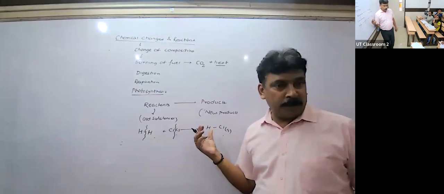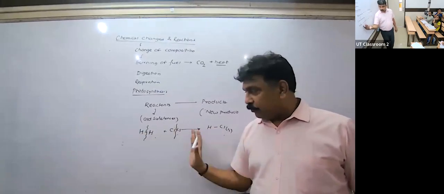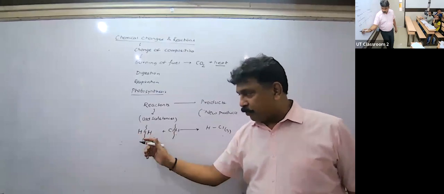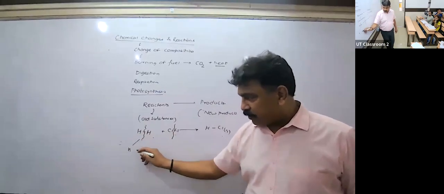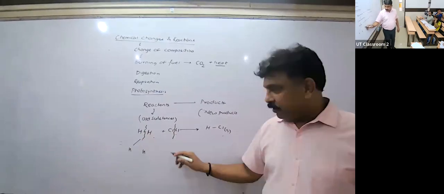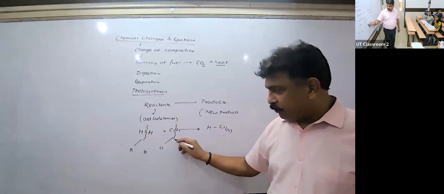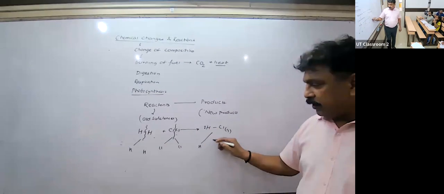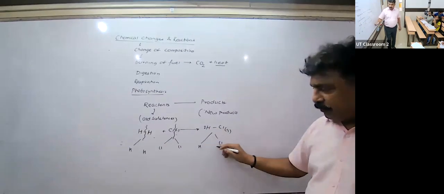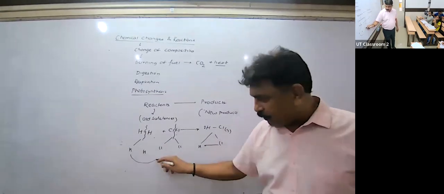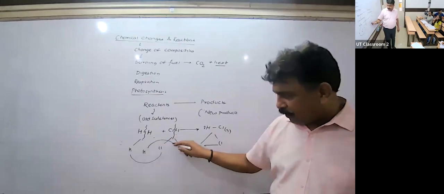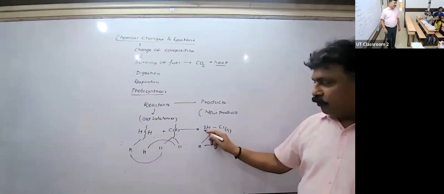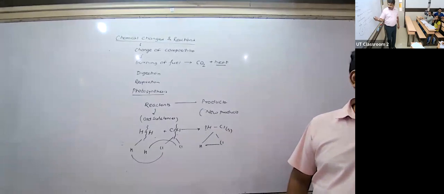You understand? Okay, so new bonds of the products are made. So here the H-H bond is broken down. So what will happen, children? Single H-H will be formed. Here single chlorine atoms will be formed, and here what you will get? Hydrogen and chlorine. That means they will form a bond. So here this H will combine with this Cl, this H will combine with this Cl, and you will get two molecules of HCl.